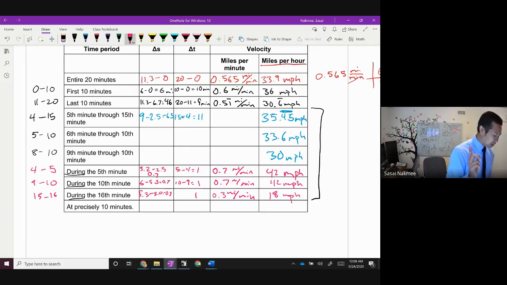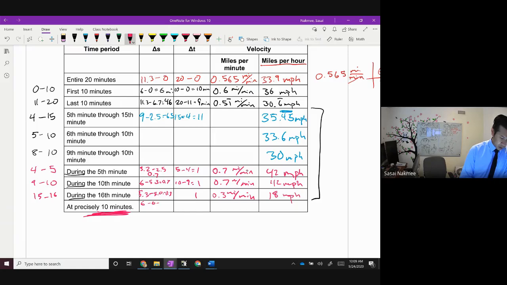Now, here's the last part I wanted to talk to you about then. If we calculate during these intervals from minute 9 to minute 10, or minute 4 to minute 5, or minute 15 to minute 16, what do you think the average speed was precisely at 10 minutes? How would I calculate that? If it's precisely at 10 minutes, this person had traveled a total of 6 miles